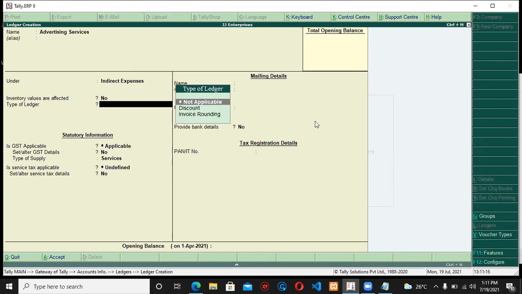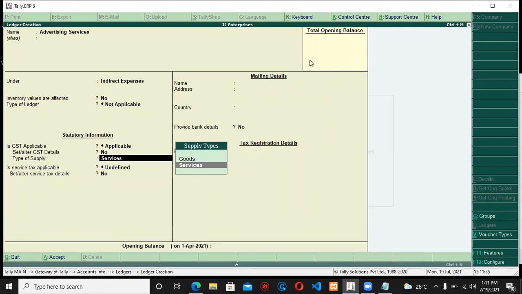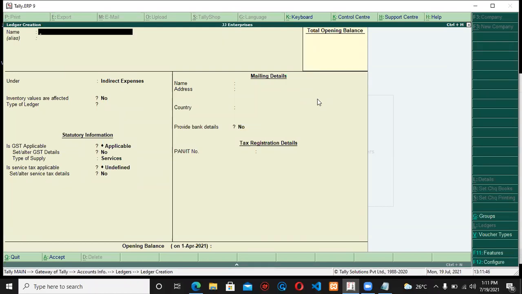And coming to the type of ledger, we can just ignore that and just specify that GST is applicable. Okay, GST is applicable, and we are focusing on service, so service has to be selected. After finishing this, press Ctrl A to save this. So we have finished creating advertising services as one of the ledgers.